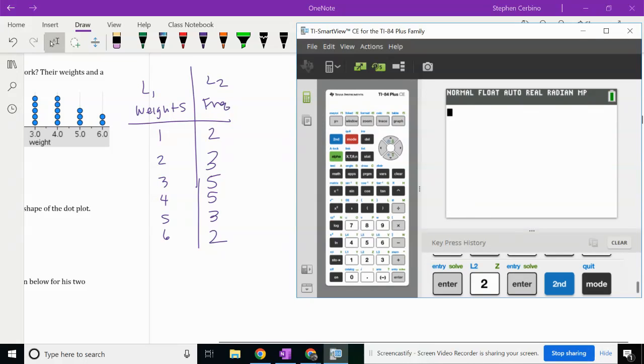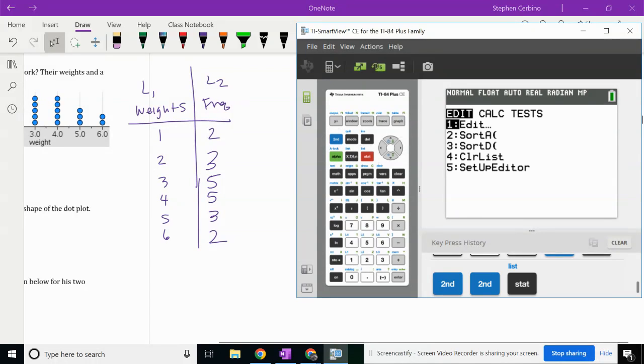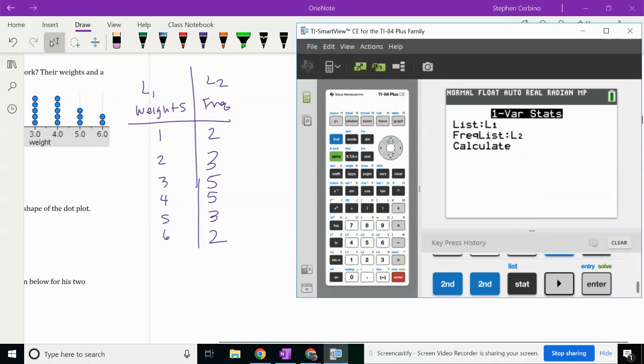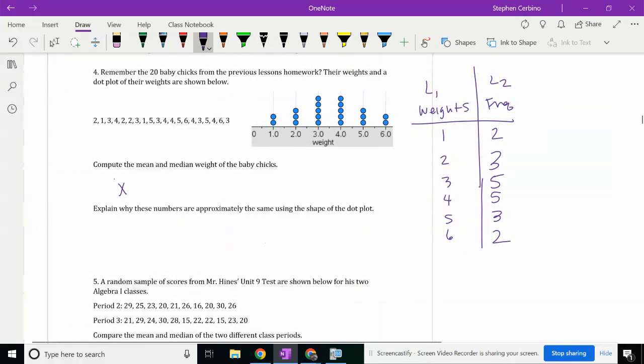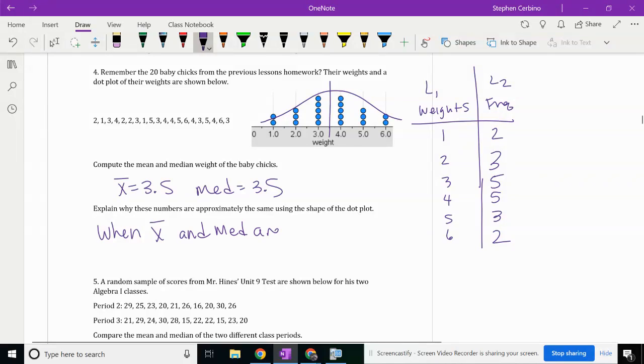So if we go back here and we quit, we go to stat, we go to calculate, we'll leave the frequency list in there. I'm hoping you got a mean of 3.5 and a median of 3.5. So it says, explain why these numbers are approximately the same using the shape of the data plot. Well, since the shape is normal, the center and the median and the mean are going to be the same number. So what we can say here is when the mean and median are the same,